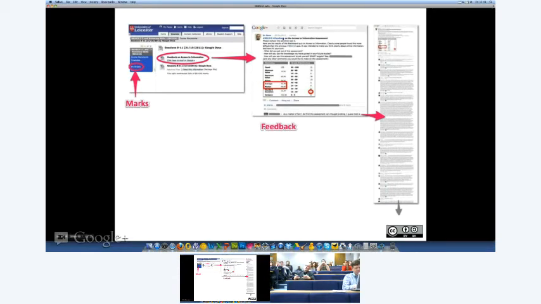So I would start a feedback thread on Google+, and students could access that. Although we do have a navigation link in the sidebar, we put specific links in related to particular assessments that students had done. So this was a group work assessment in Google Docs. And I shared with them some statistics for the assessment, some prompts that they might want to think about. And then we got this very, very active